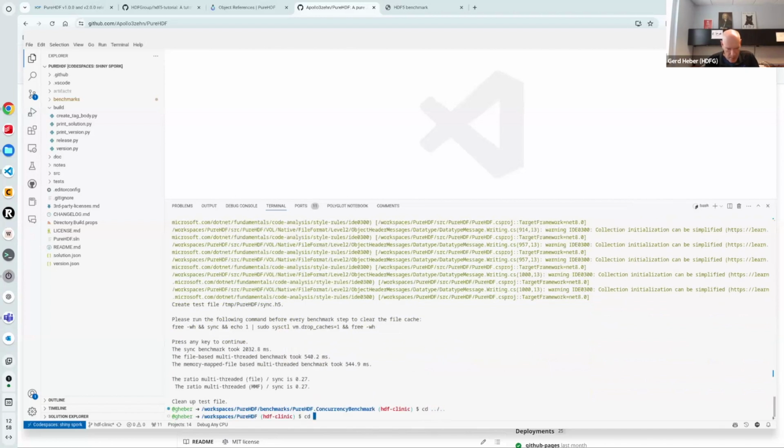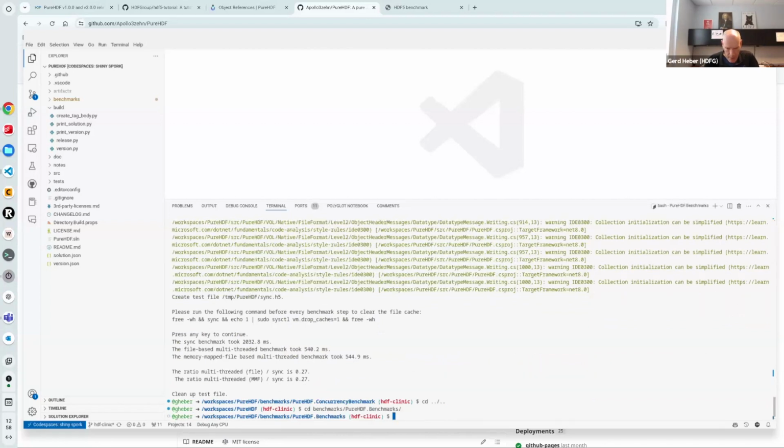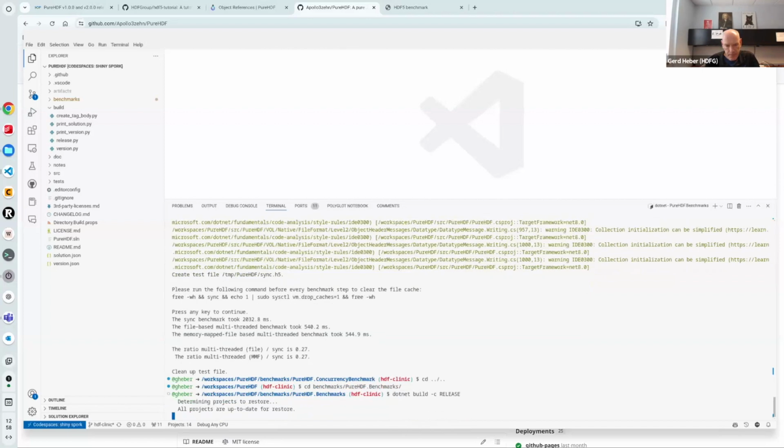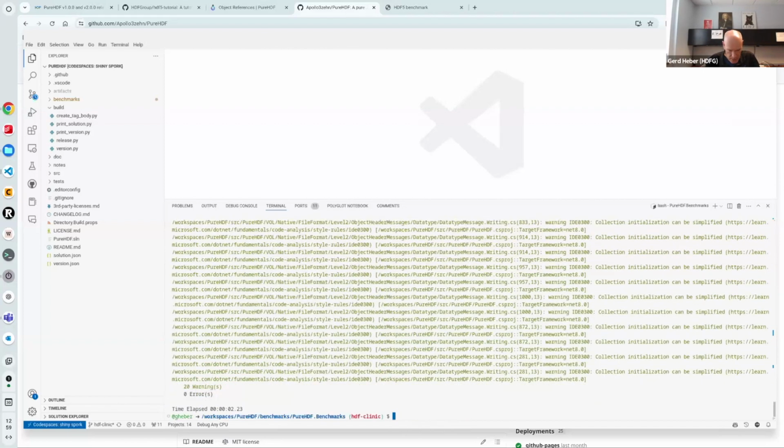But then for the other benchmarks, the pure HDF bench, you can run this, and it is very long running, but I'll start it anyway. dotnet build -c release, and that builds these benchmarks, and then you can run them, and they create the web pages, including the web pages that you just saw. dotnet run -c